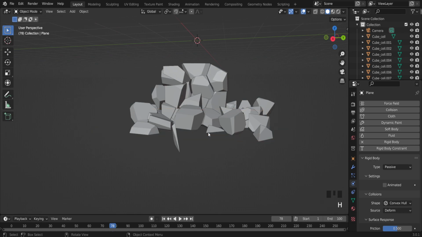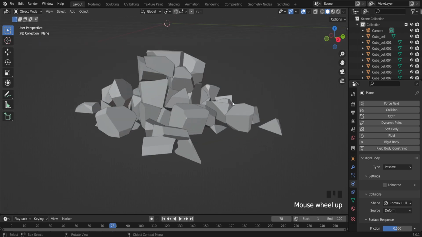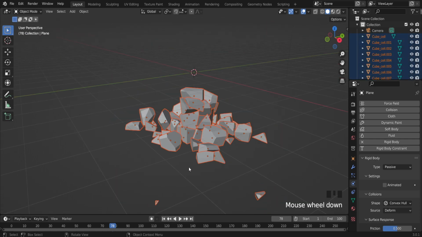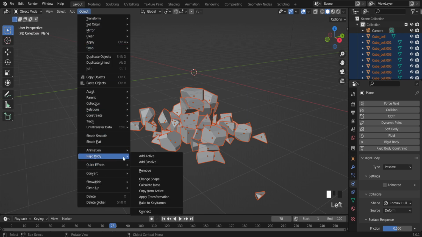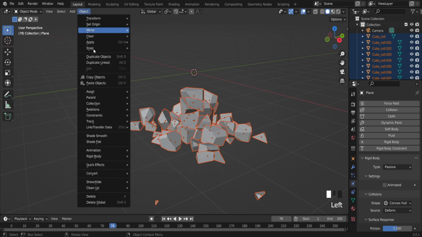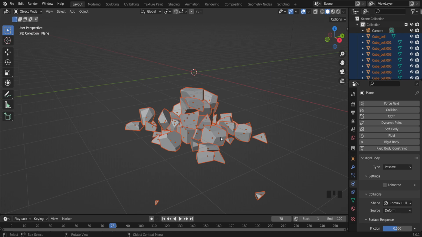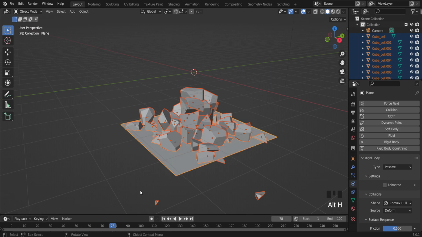Let's try to hide the plane and let's select all the stones which you want. Go to object, rigid body, and apply transformation, then object, rigid body, and remove simulation. And let's get back the plane. Right now, if I press the space button,